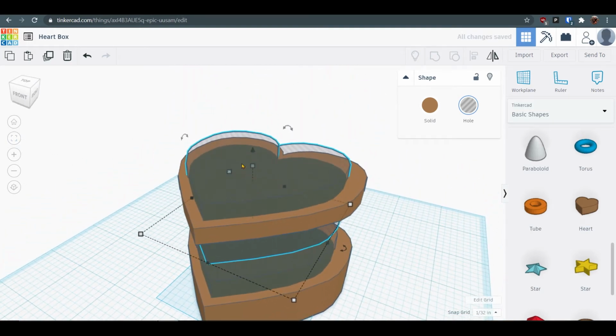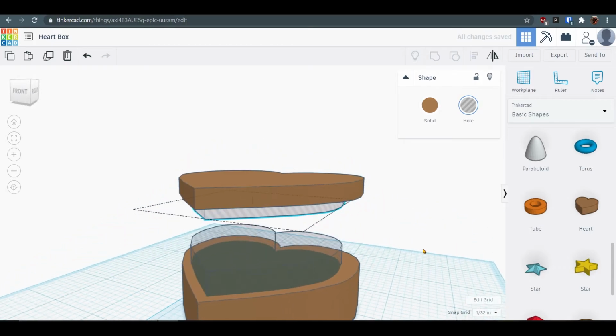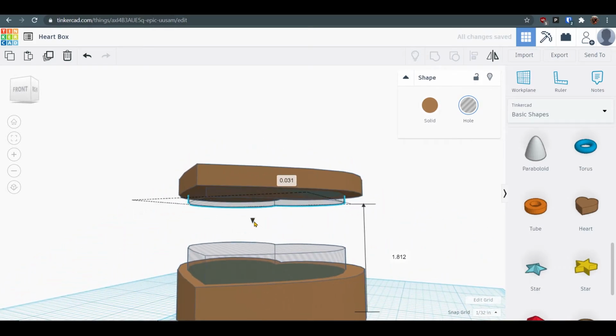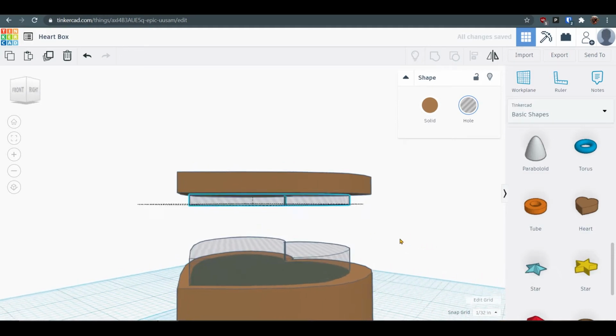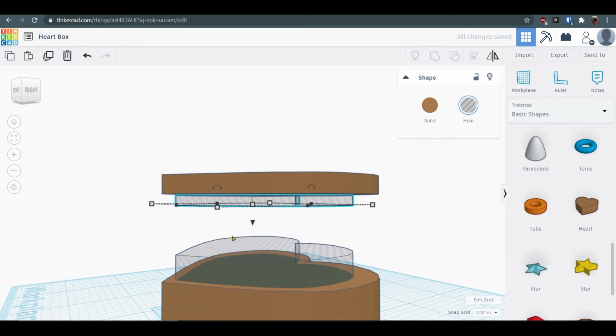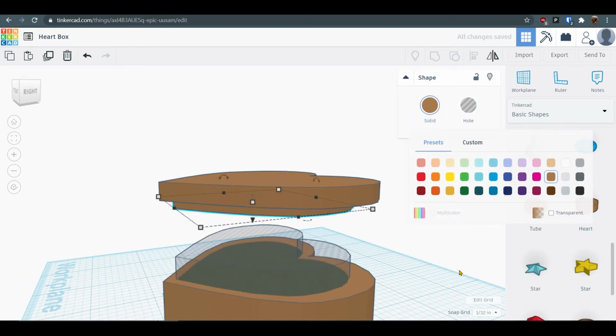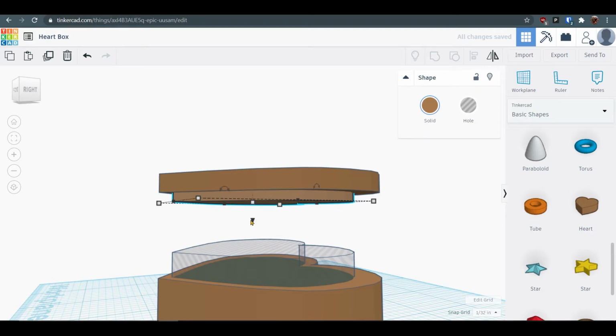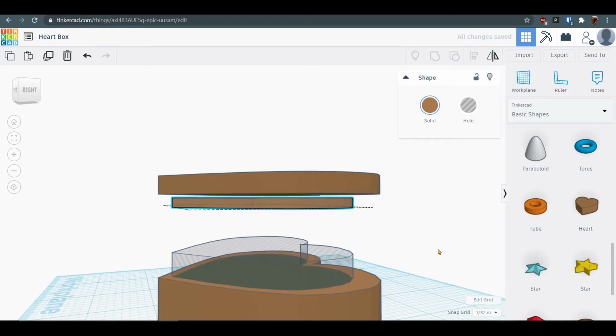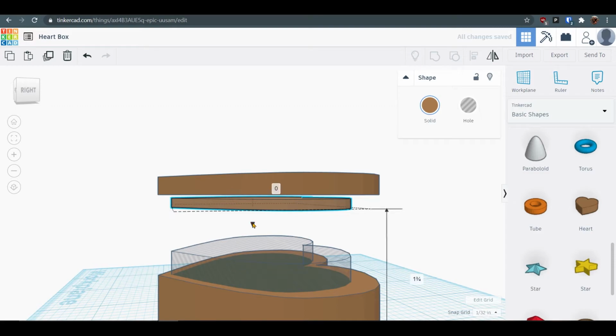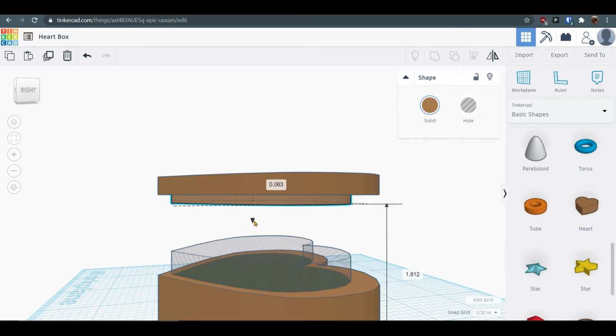Okay, now that I have the hole here, I'm going to make the hole way smaller. And I'm going to move it up into the base of our lid, just like this. Now that it's there, I want to make sure that they're touching so they actually combine into one shape, so I want to turn it back into a solid. You can see here if I drop it down a little bit more, it won't be touching. And if you move your camera angle to the right angle, you can make sure that it's